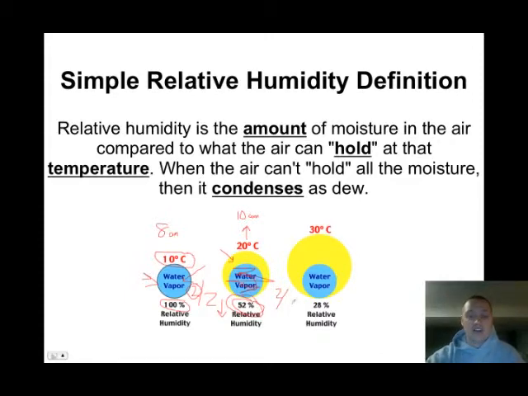So now it's at, let's say, 10. That ratio went from 2 divided by 2, which was 100%, to 2 divided by 10, which works out to 20%. Because the amount of water that was there divided by how much the air could hold potentially has increased,